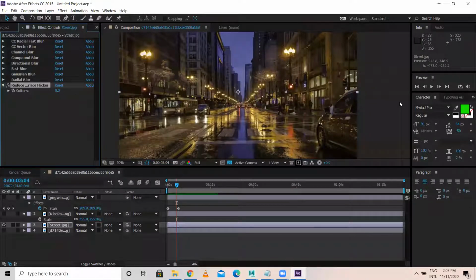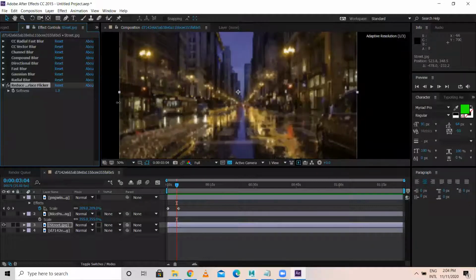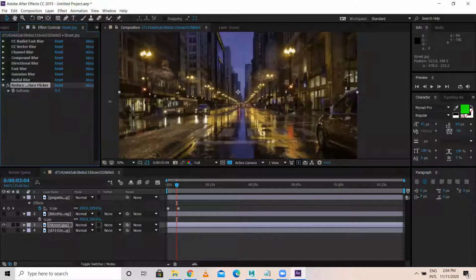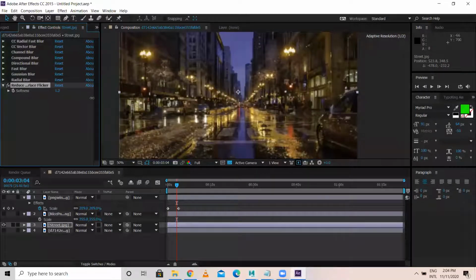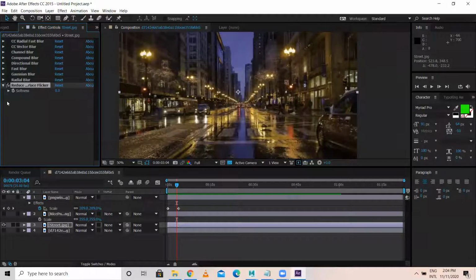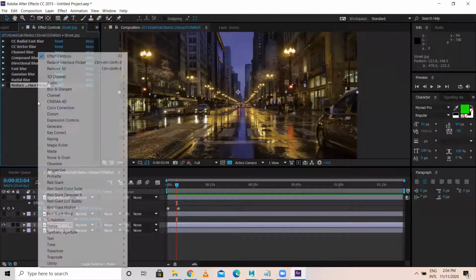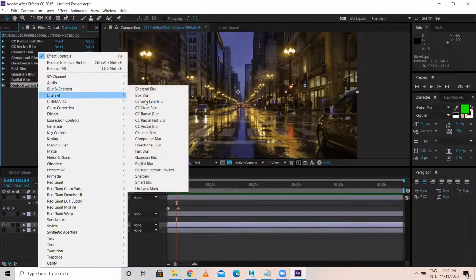See now, can you see these corners here and here? When I increase, some kind of flickering is happening. This kind of flicker will automatically reduce. It's the adaptive resolution effect. Okay, that's a flicker video.